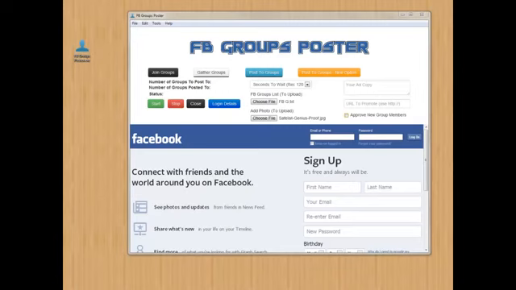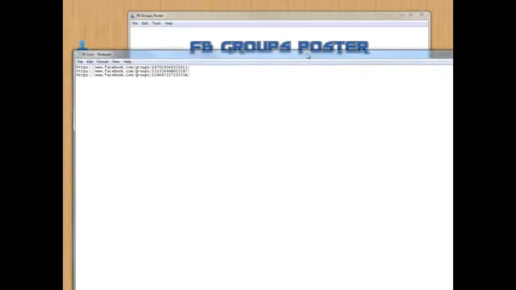Done deal. Let me make sure everything is good to go. Okay, hit OK. And then I've already selected 3 groups, and I've pasted them into this text document right here. These are the 3 groups,